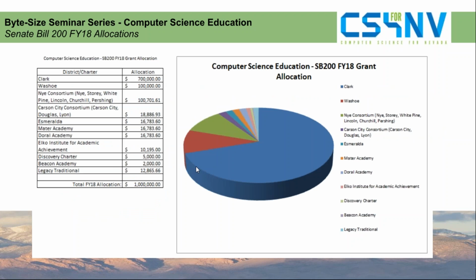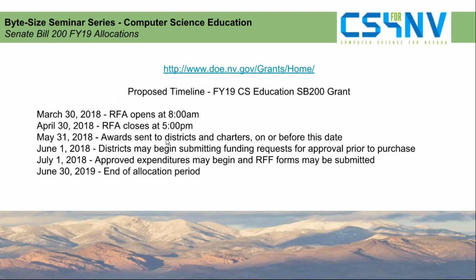All right, this again is a slide kind of showing the breakdown. Those numbers are on the STEMhub site as well for your FY18 grant allocation. For this FY19, this is the timeline going on right now. You can see the grant application. It's been posted up on the department's website on the grants page. So you can kind of get a feel for what your district leaders are looking at and analyzing when they are putting together their grant package for approval.